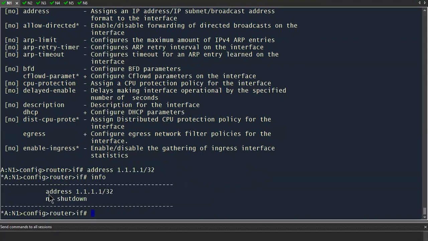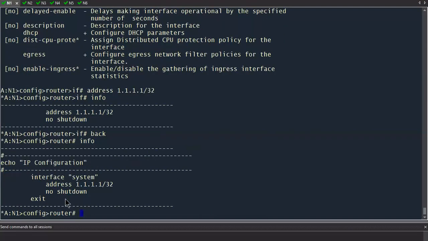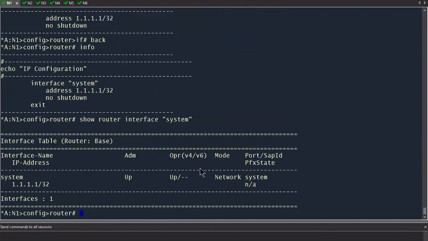And again, we're under our system router interface. And if we issue the back command again, right now we're in our config router context. So if we issue our info command here, we can see that under our logical router interface system, we have our address configured. So we can do a show router interface system. And we can see it's now operationally up. And if we specify detail,